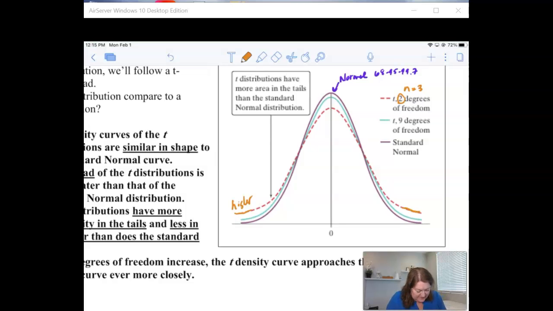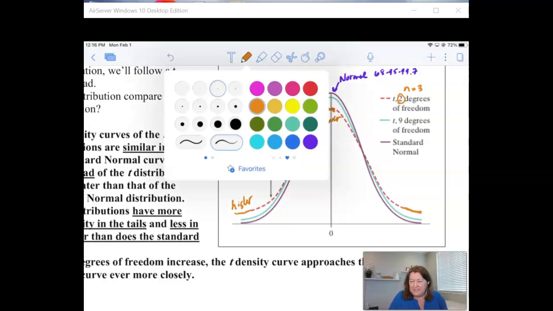Over here on this tail, it's higher. And then in the middle, it's actually lower. So a t distribution in general is not as high in the middle, but it is higher on the tail ends. Okay. If I increase the degree of freedom, which just means increase the sample size, what do you notice